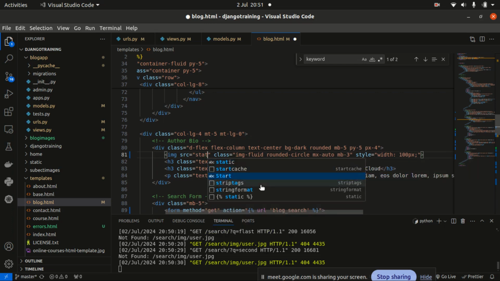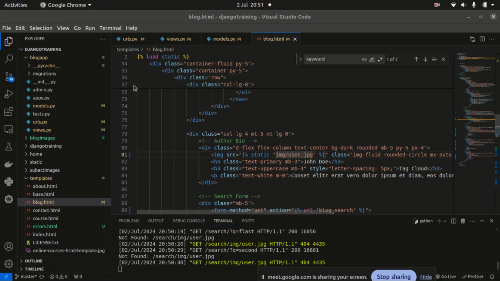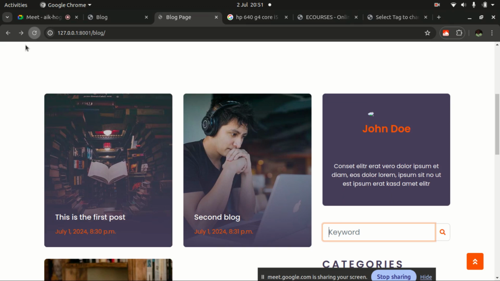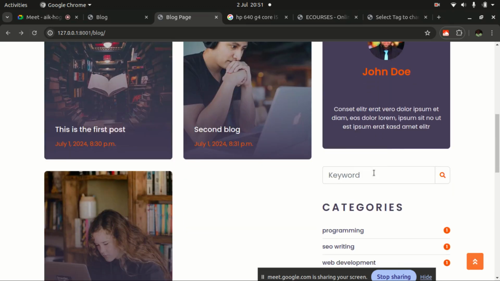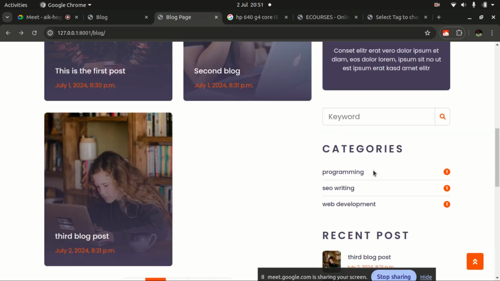Static, then we can pass in that. Okay, all right, so we have that as the other, and I think everything looks good apart from if we